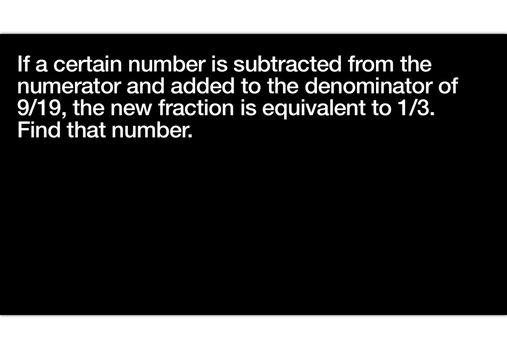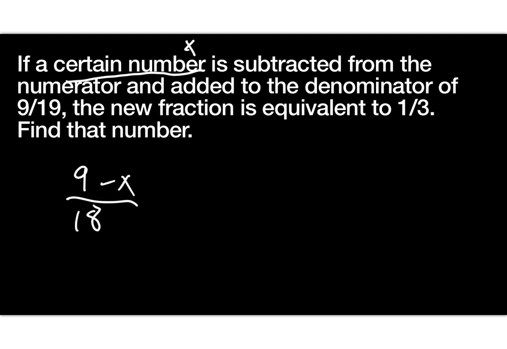So again, I've seen some people start, yes, like a lot of other things, we're doing algebra, so coming up with equations, and people started looking at and saying, well, when you don't know a certain number, we typically call it a variable, and a lot of you use x, which is totally fine. And then making sure, I saw a couple who started out by saying x minus 9, and just remembering when you're reading that sentence, a certain number is subtracted from the numerator and added to the denominator, so from means that numerator will be